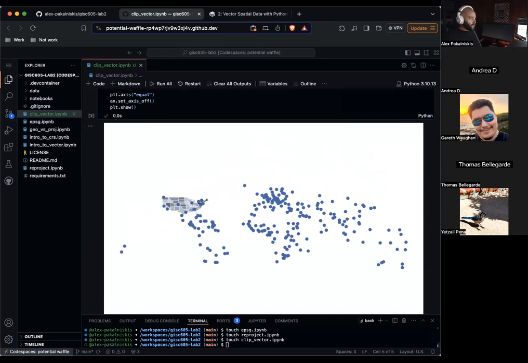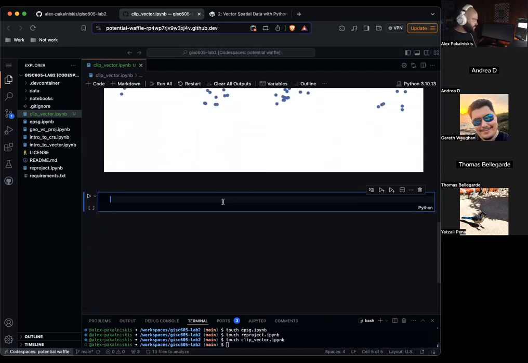So let's jump into clipping. We're going to use GeoPandas to start, and we're going to use the clip method. So let's try that. We'll do points_clip equals gpd.clip, pop places, and we're going to use the country boundary as the clipping layer.